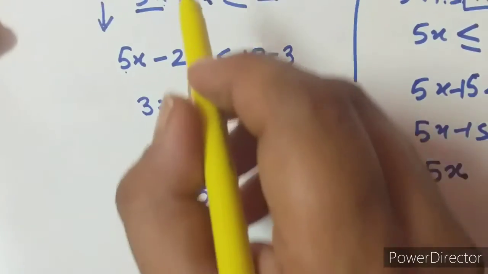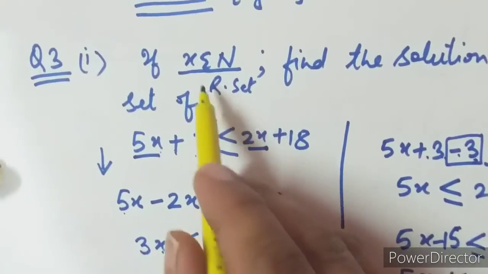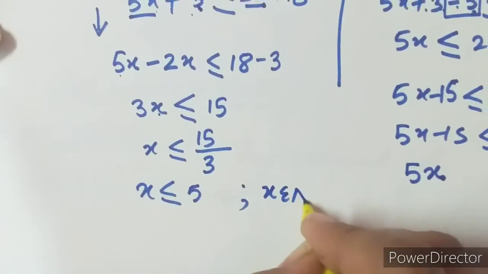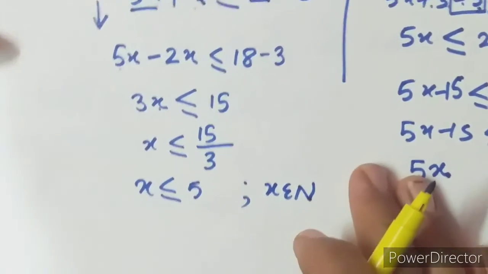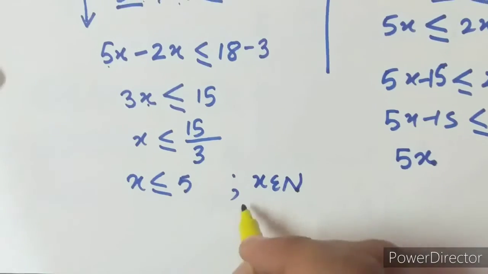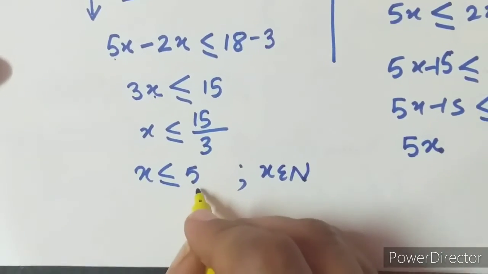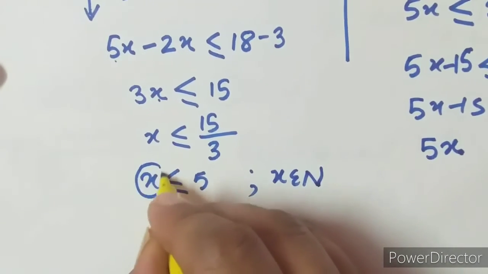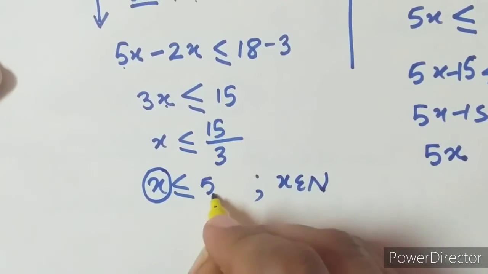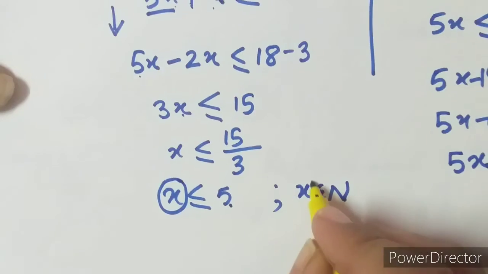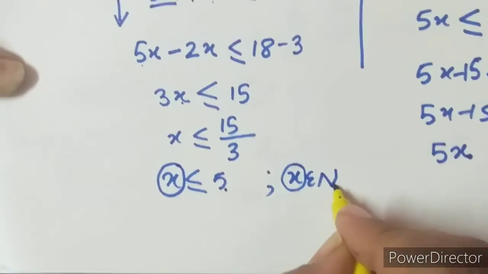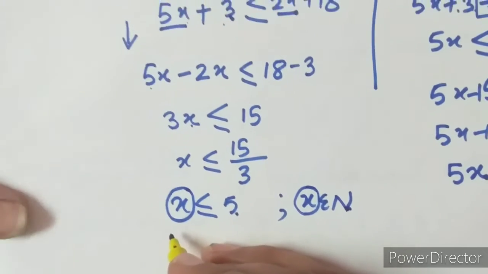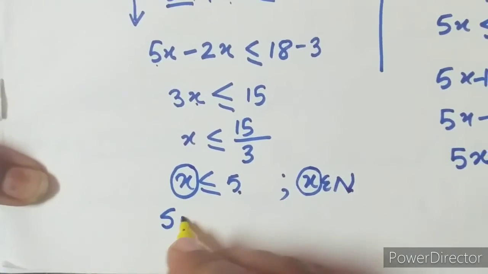With one more condition imposed on x. What was the bigger replacement set given to us? There, x belongs to natural numbers. So here we have to write those things. Again we have come to the same situation that two conditions are imposed on our variable. One is that it should be less than or equal to 5. Another is that it should be a natural number. This is the replacement set. With the help of this, we now write the solution set.